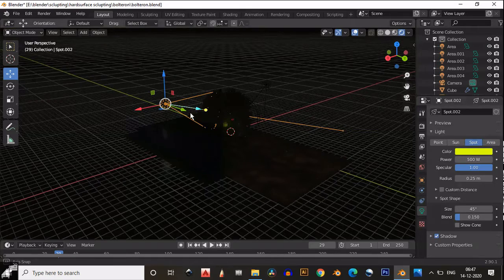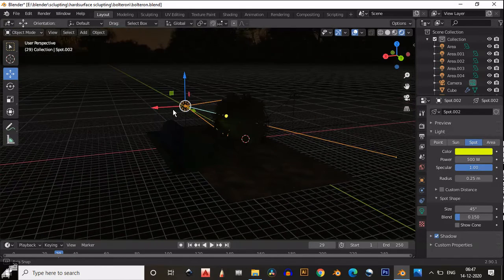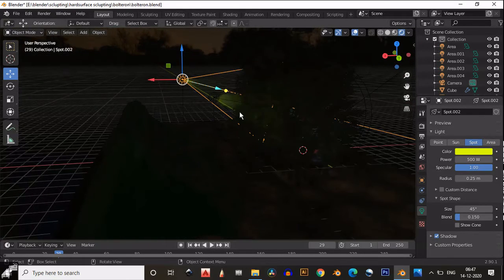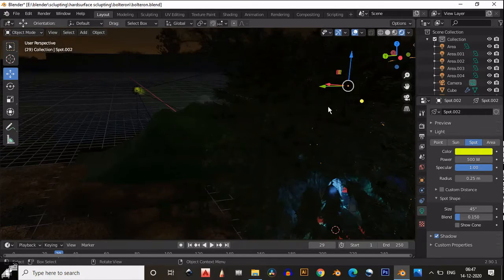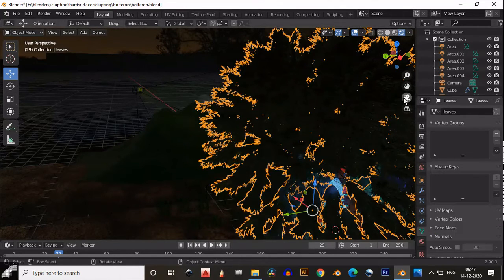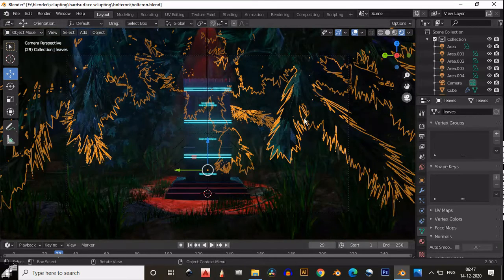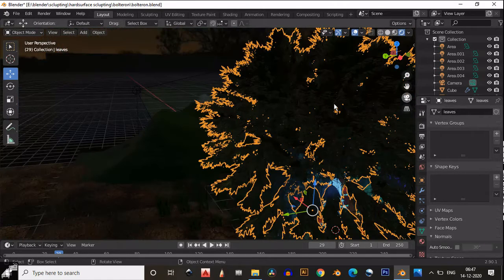Both have the yellow color, and that's why I get the different effect right there, and which looks pretty well in the scene. So from this side and this side I got that yellow effect. You can see on this grass that yellow light.